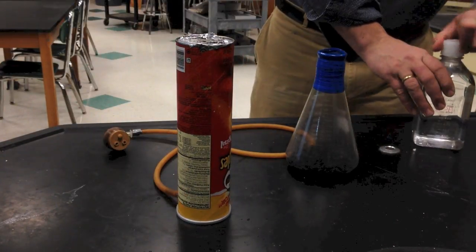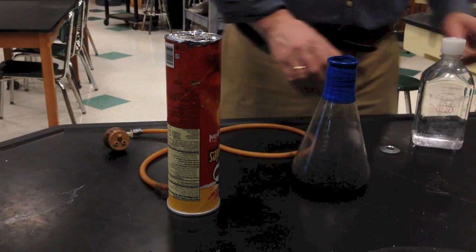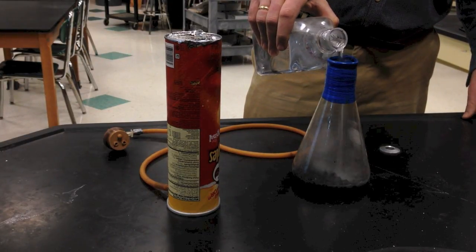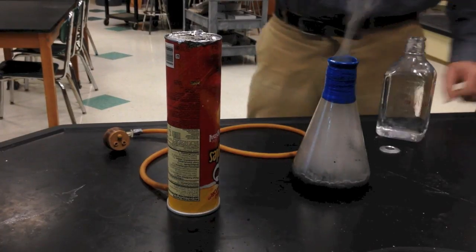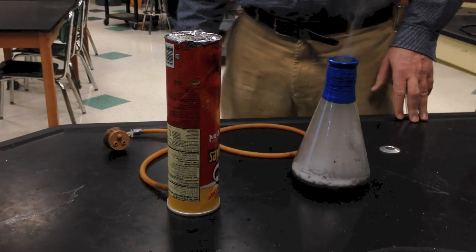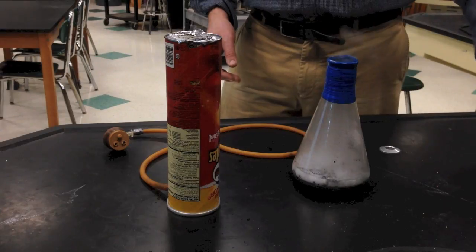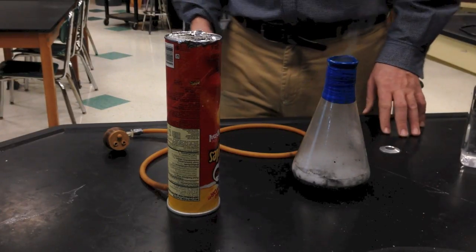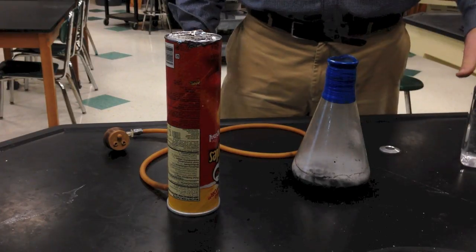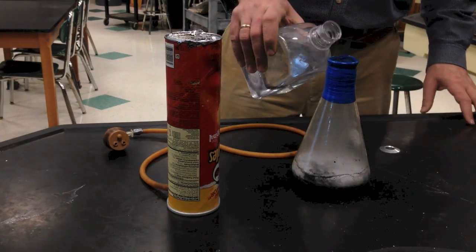So I'm going to pour hydrochloric acid into my Erlenmeyer flask, and we're going to first flush out any oxygen that would be in my container. Okay, so a lot of this is hydrogen leaving. We have some water because it is an aqueous solution. It's a very exothermic reaction, so we're actually generating water vapor, probably some hydrochloric vapors a little bit too. Okay, in any case, that looks pretty flushed out. I'm going to give it a little more H+ ions,